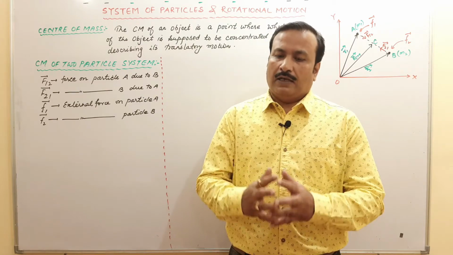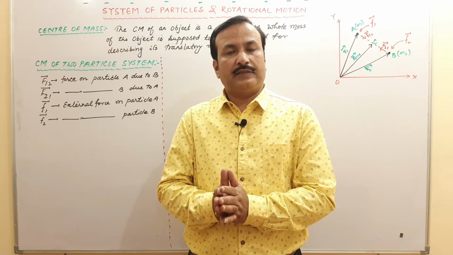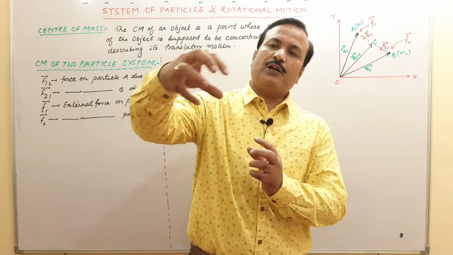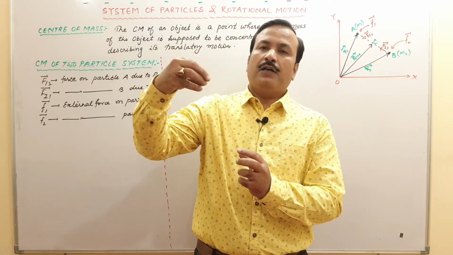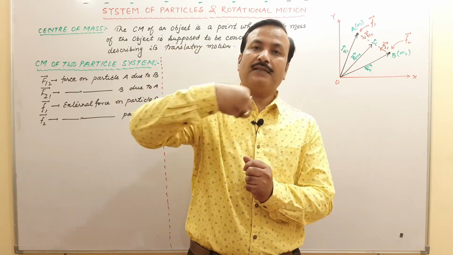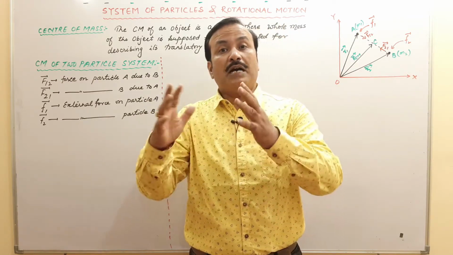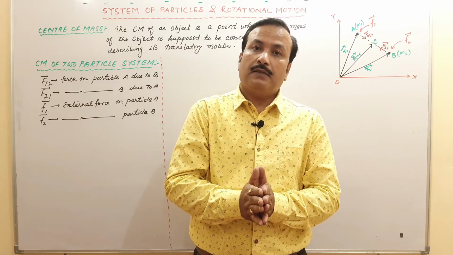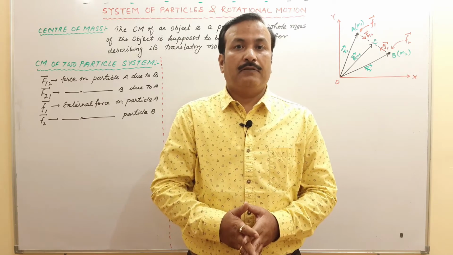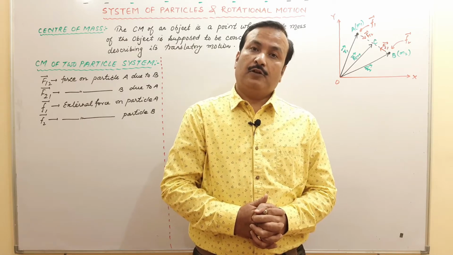So here in actual practice you will find any object consists of so many particles. In rotational motion, when the object rotates around any axis, all the particles of which it is made up will be moving around that axis. If we consider all those particles, their masses can also be different. Then how will we make those complications easier? By using the concept of center of mass of the object.